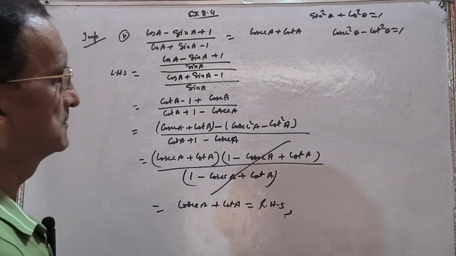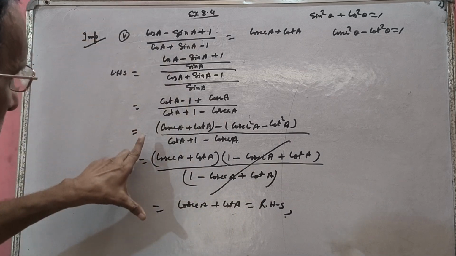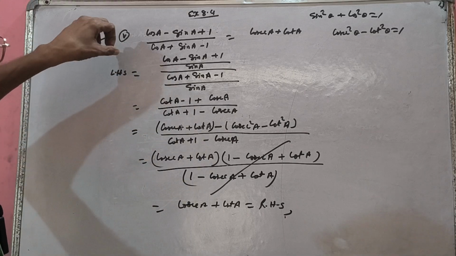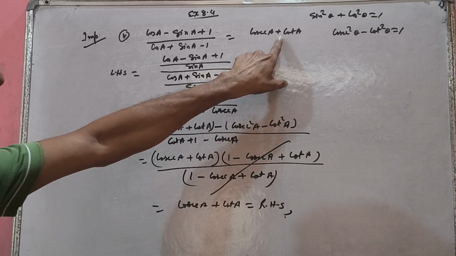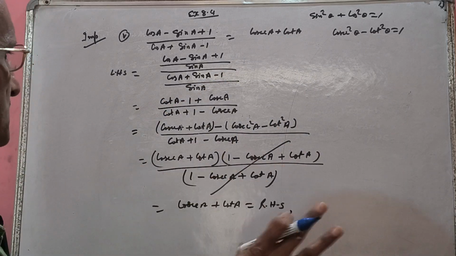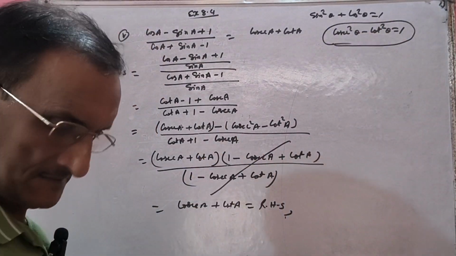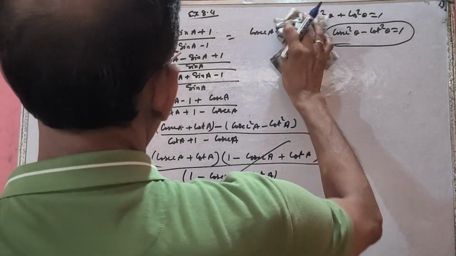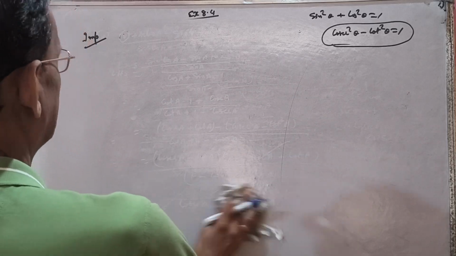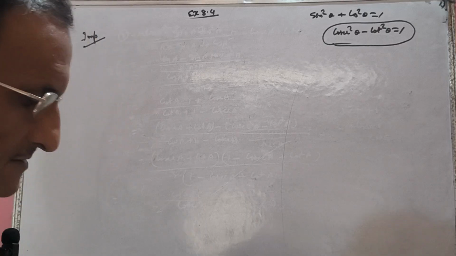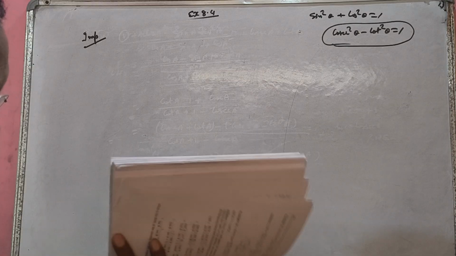This is a very important sum for all exams, a 3 marks question. You can have different methods, but this is the shortest. Can you repeat it? Divide both the numerator and denominator by sin A, I will get this idea from here. Then simplification and use this identity. Even the hint is also given. So that's all. We'll go to the next sum. Very interesting, very easy and important also. If your general math concept is clear, advanced students will benefit in the advanced math trigonometry chapter.